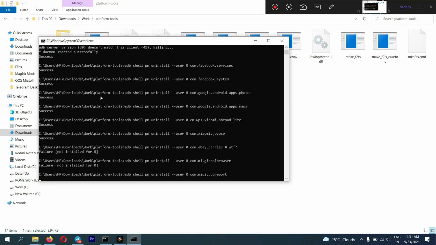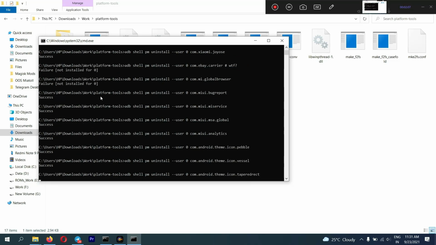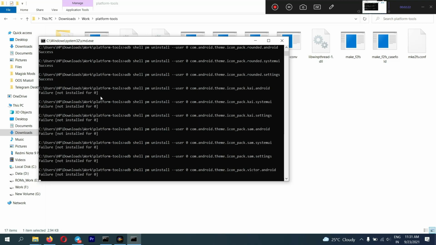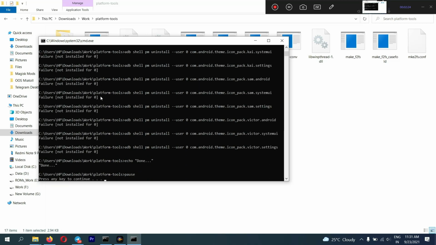And as you can see, success, which means it is automatically debloating my device. All the apps which are not required on my device are already uninstalling, and I don't need any kind of root or any kind of extra things. A very simple thing, one click and you are good to go. If you're also having some failures like this, it means the apps which this tool will uninstall are not included in your device. This is why, but that's not a big thing.